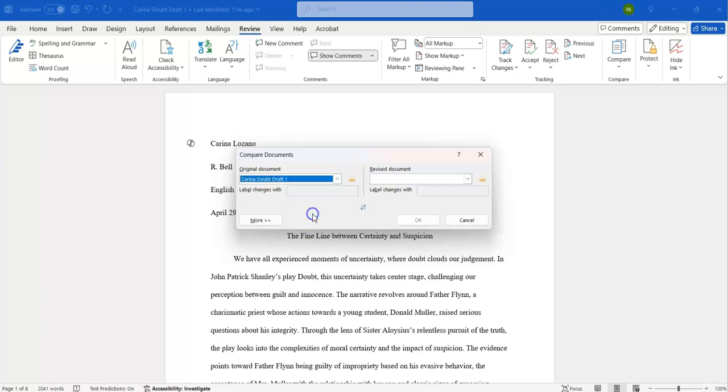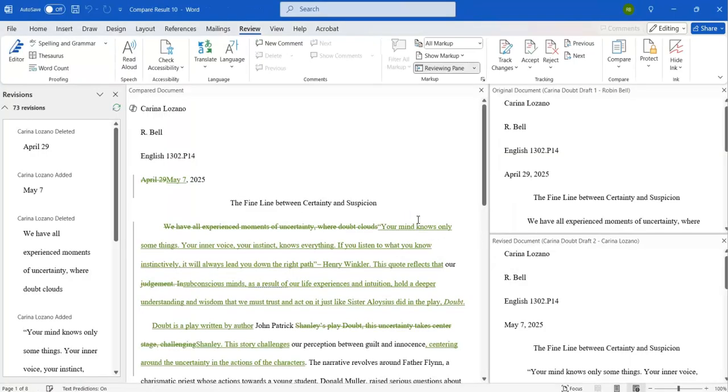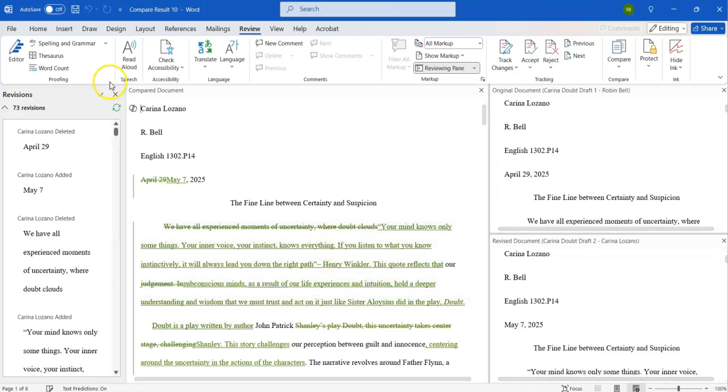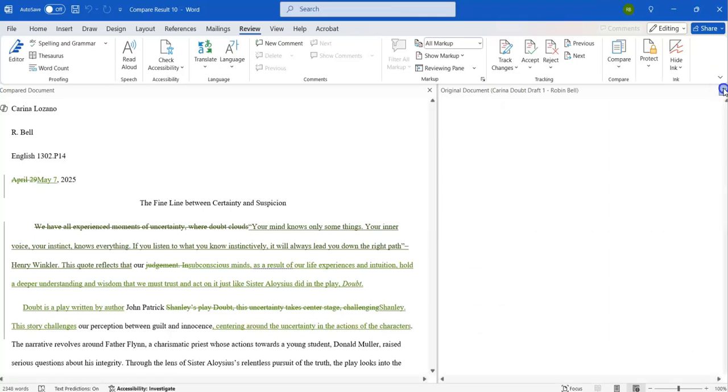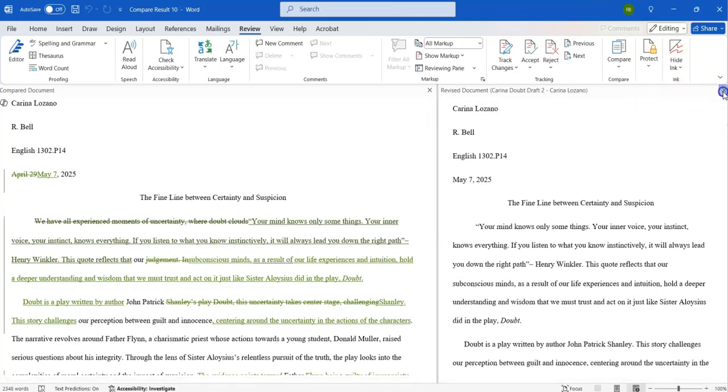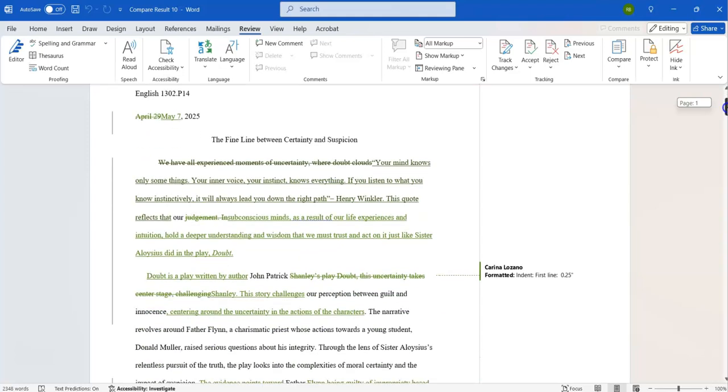So I'm going to put draft 1 over here on the left, and then I'm going to put draft 2 here on the right, and that's it. You click OK, and notice that it shows the revisions. You'll just close this window over here, close that window over there, and now it is full screen, and you